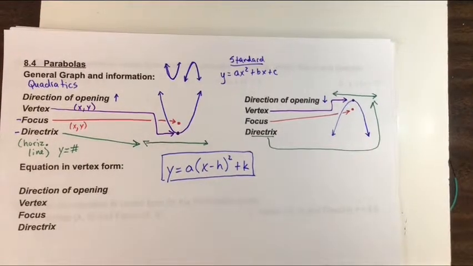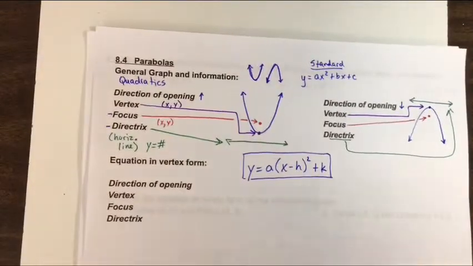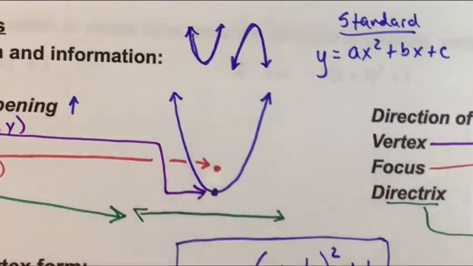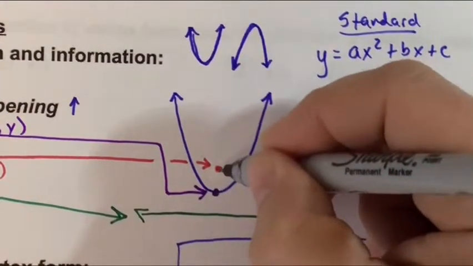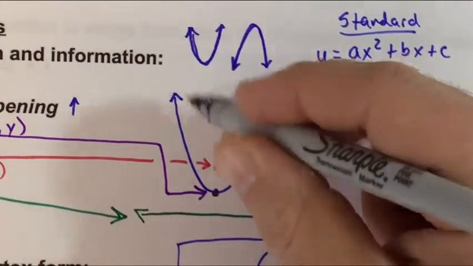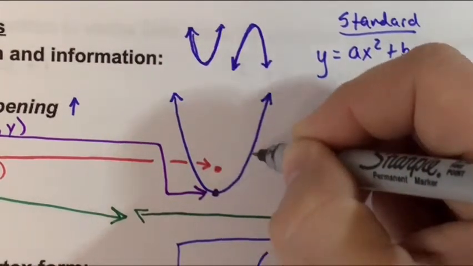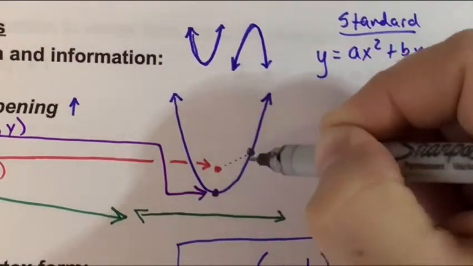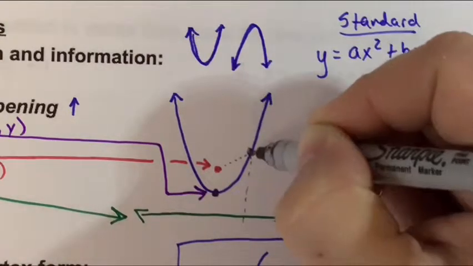So we're going to look at different cases like this, and there's a way that we can tell from our equation which version of this one we're using. But there's one more piece I want to give you here. Okay, let's just look at the opening up scenario. When I'm looking at this kind of a function, the reason for a focus and a directrix actually gives us a clearly defined form of this line, where the distance from any point on my parabola to the focus is always the same as the distance of that point